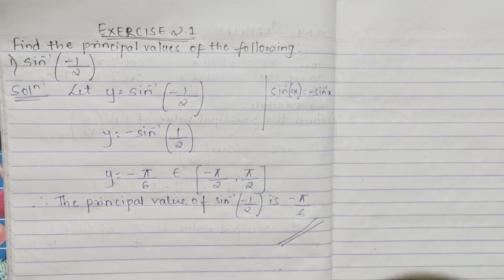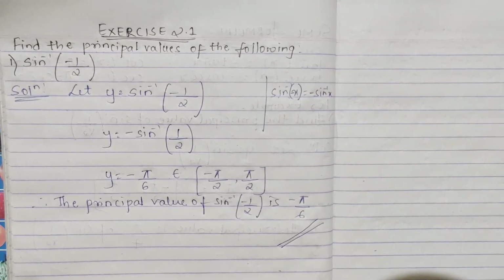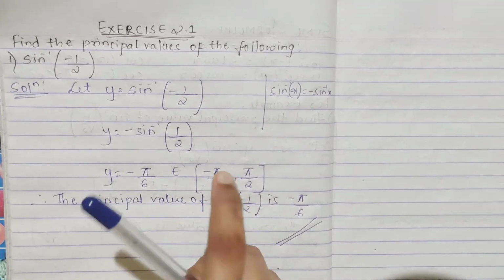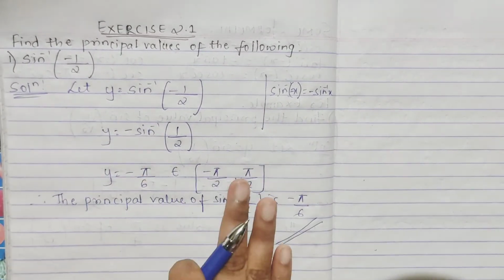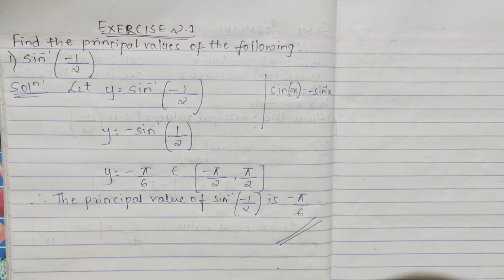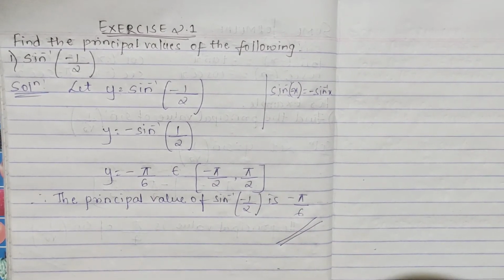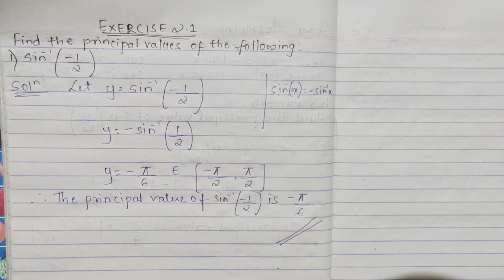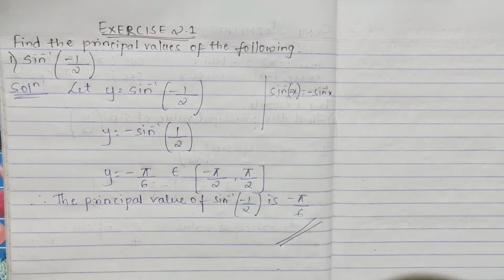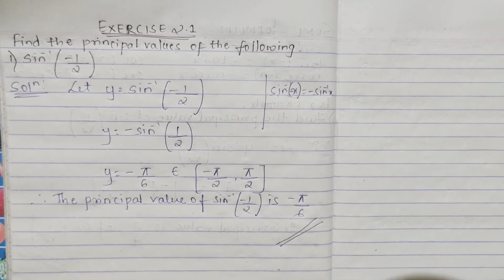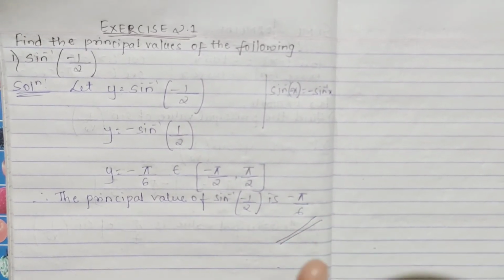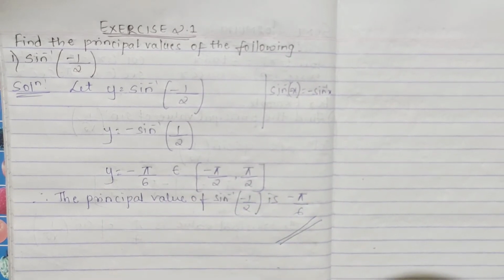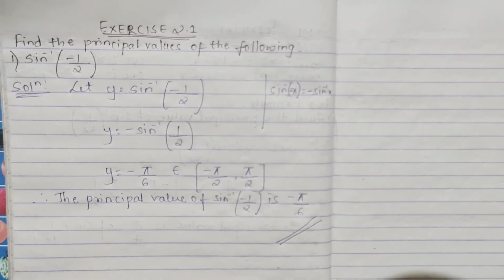Minus pi by 6 means what, 30 degree, right, minus 30 degree. So it is lying between minus 90 and plus 90. Please don't get confused: remember the range and domain table with the formulas, and even the most important table is what, your sine 0 degree, 30 degree, your trigonometric ratios table with the angles. That is too important.